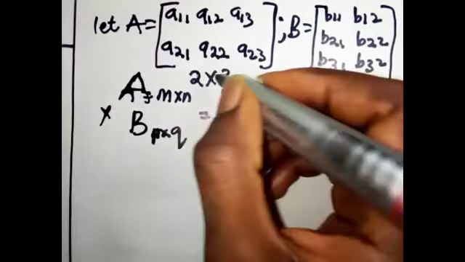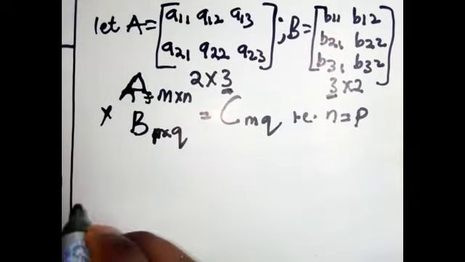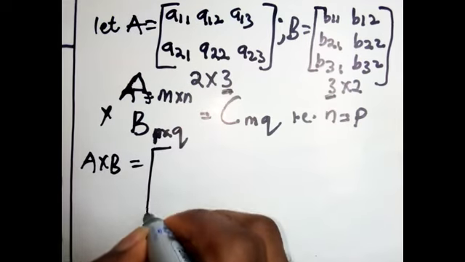Because both are the same, multiplication can be carried out between these two matrices. Hence, we'll have A times B giving us